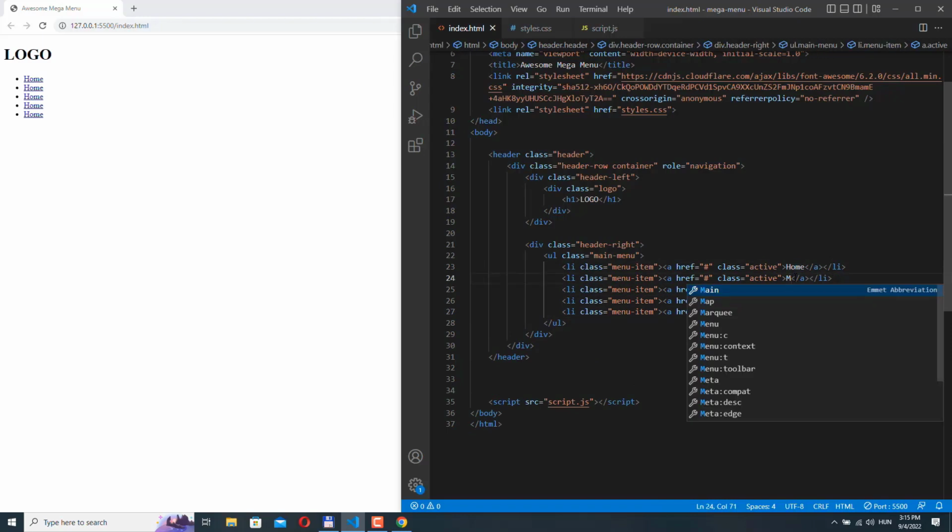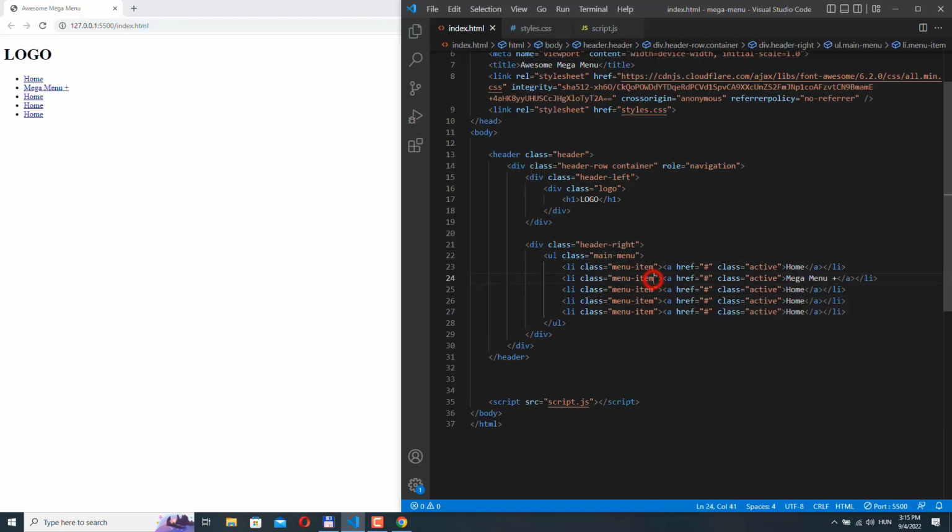Okay, this is going to be the mega menu, and we add an additional class here. Okay, for now I'm not going to add any more items underneath this. We'll come back to the mega menu because I want to also create a single drop-down menu, and I want to do that first. Okay, let's call this blog. Let's call this services, and this one